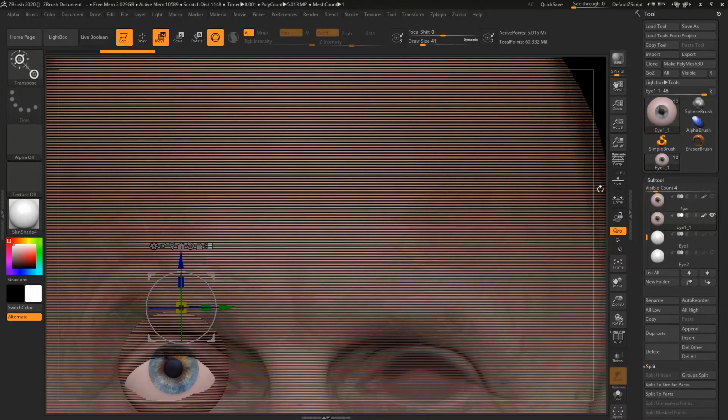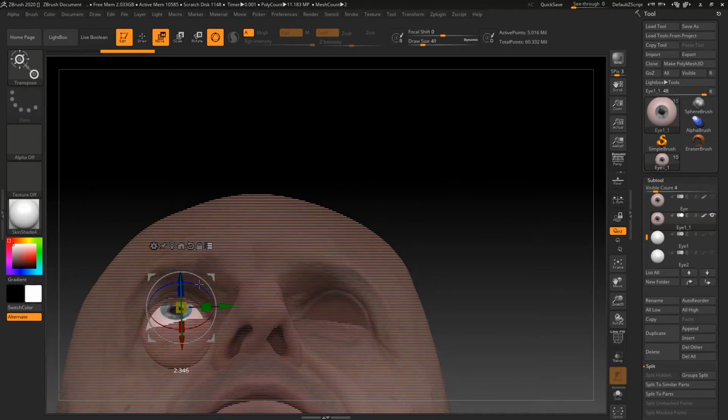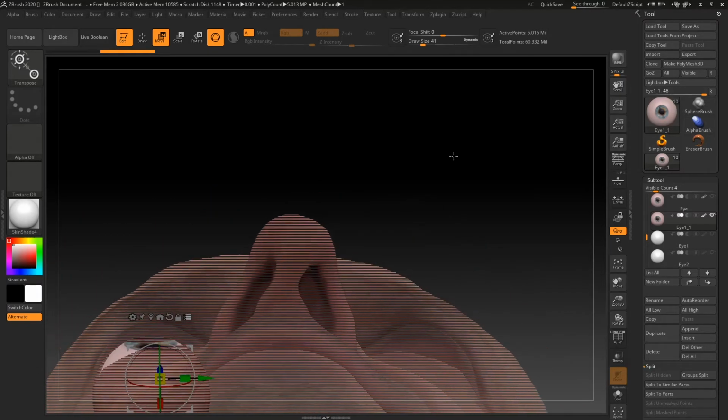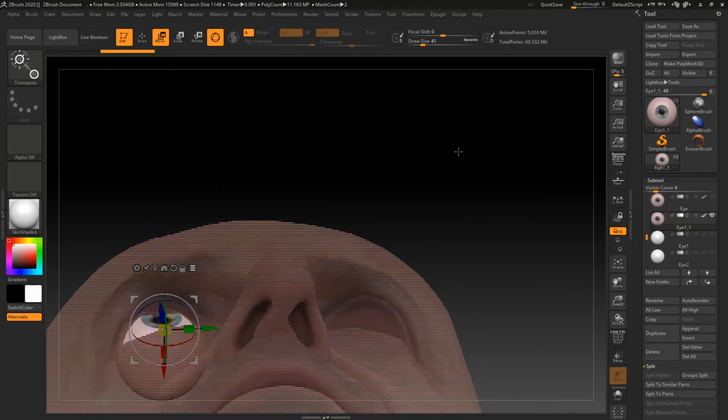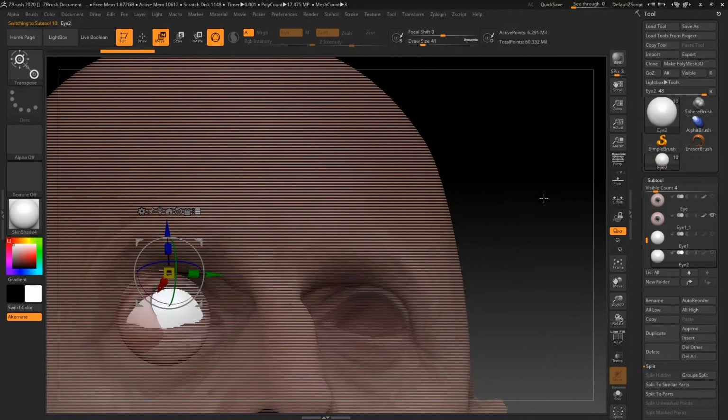To be honest, it kind of needs to be like that. Let's rotate it a little bit more on this one, maybe. I've done something completely wrong. I need to go back. And it's deleted the